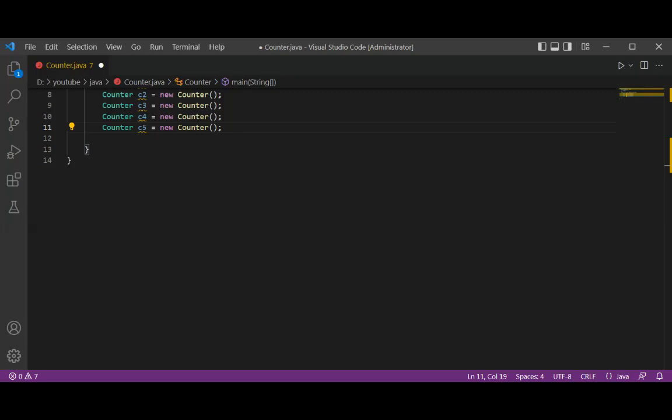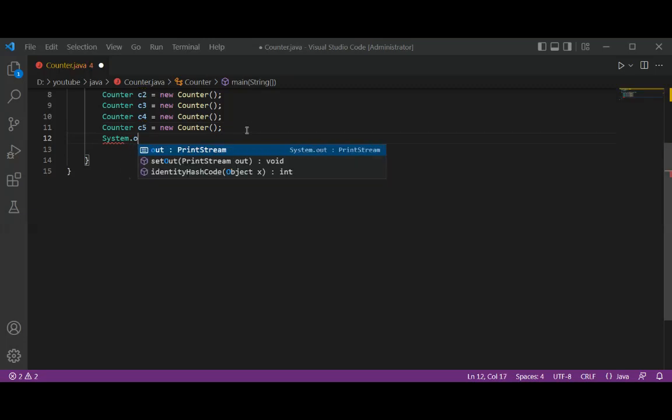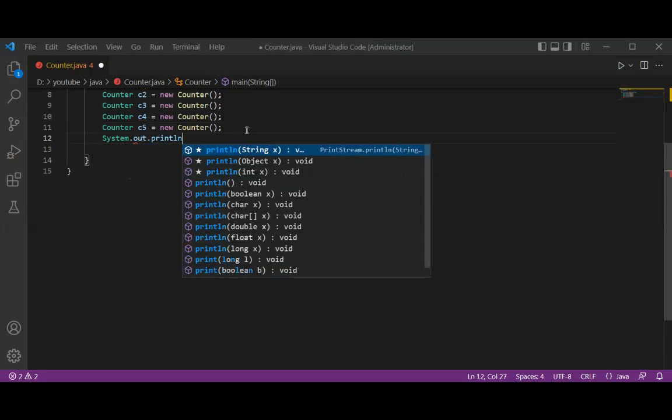The static and instance variables are automatically initialized to the default value for that type, which is 0 for our int data type. And now I'm just going to print the count. So this will be System.out.print